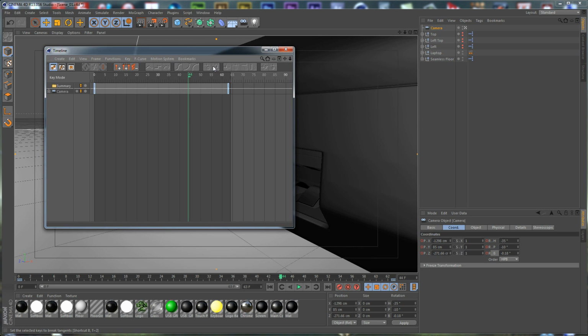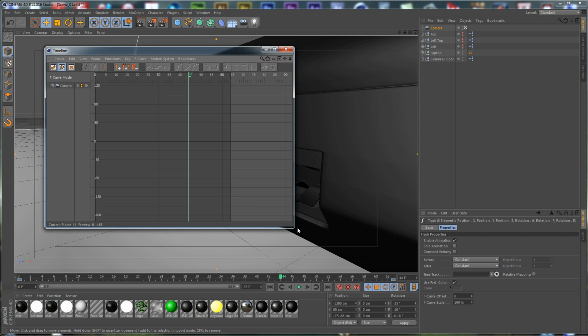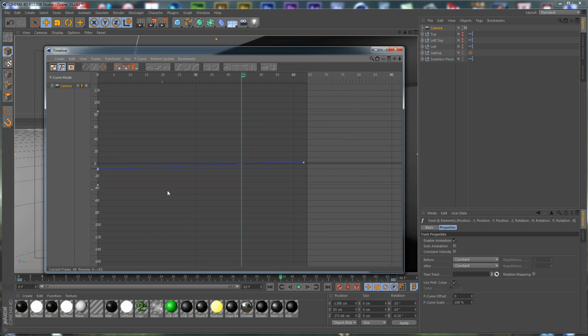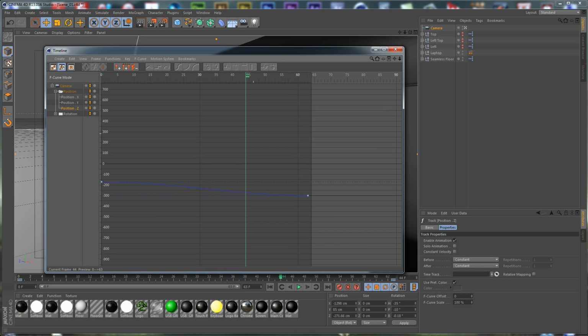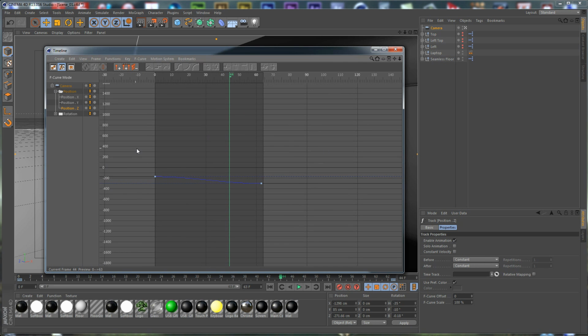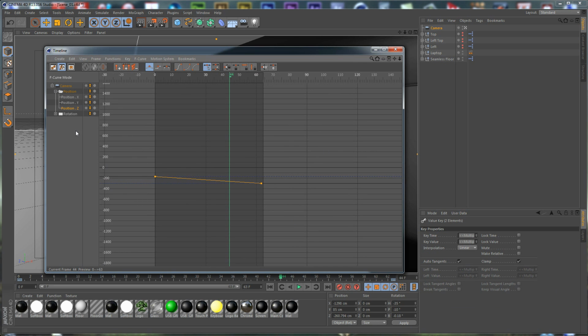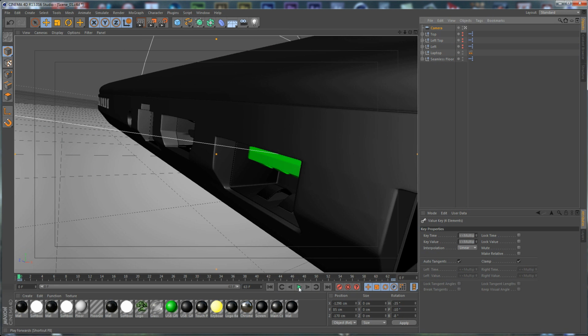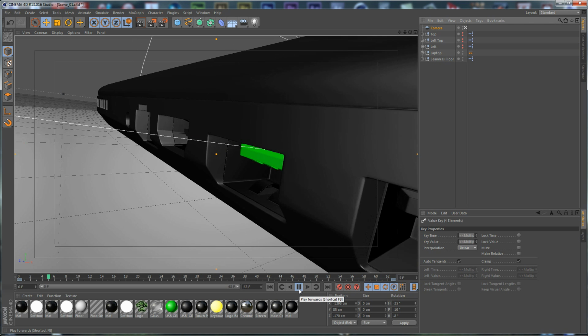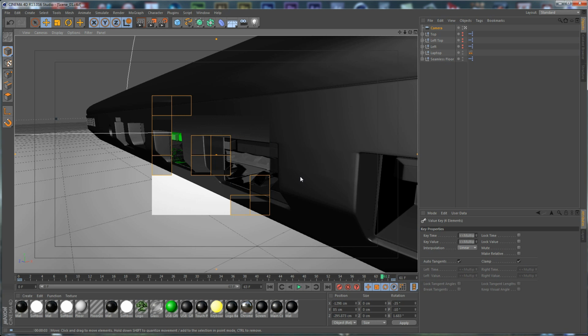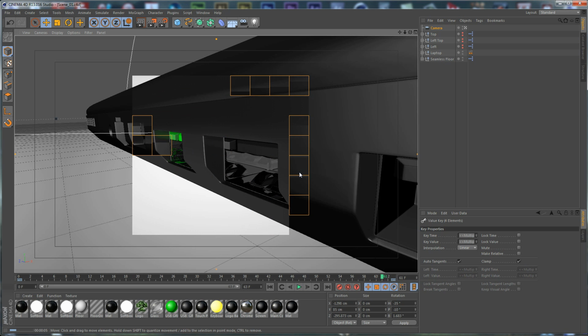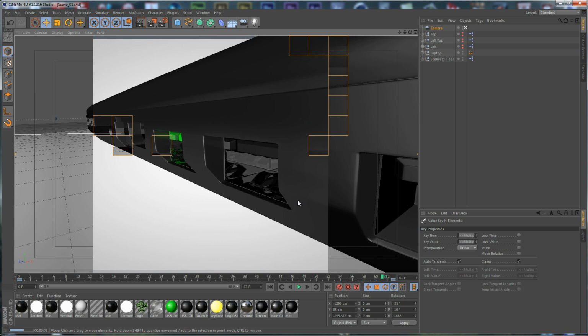So let's go to the timeline, let's select our camera, go to the curve editor, select the camera and select the position, select the Z position for our camera, and we want just to make it linear as well as the rotation, and let's close it, and if we play it back you can see how it looks. So let's save, let's do a render to see how our scene looks so far,